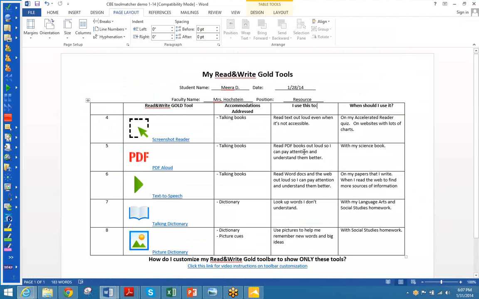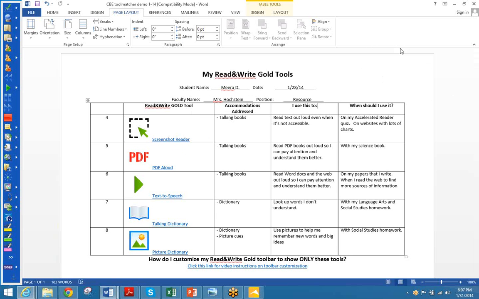So that I can pay attention. Your teachers have access to this tool as well, and they may have some really good insights on how to choose the right tools for your student. But even if they don't, you can choose these tools. It's a great way for you to communicate with your student. You could even have your student fill in some of this on their own if that would be helpful in their journey to feel really confident in using the Read and Write Gold tools. So you go to the Tool Matcher website, select the tools that you want, and export them to a Word doc. Then you and your teacher can work together to make sure that your student has all the support that they need